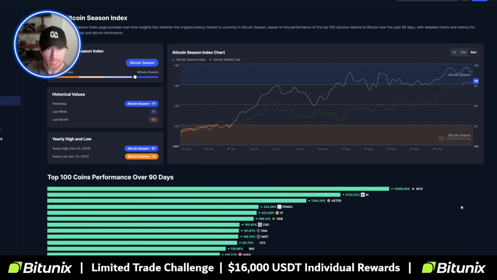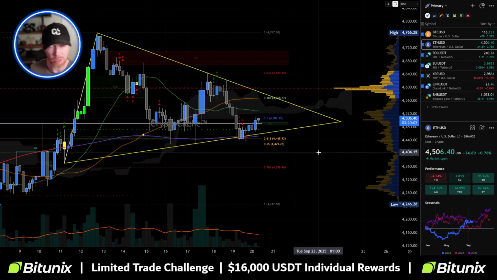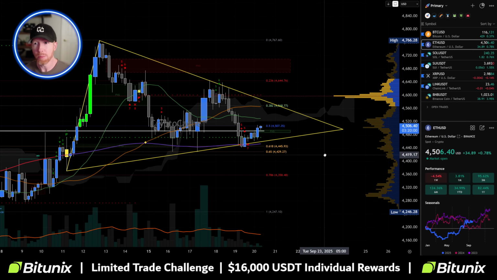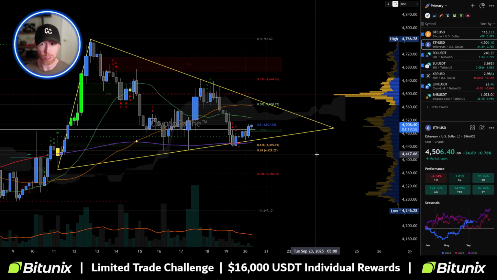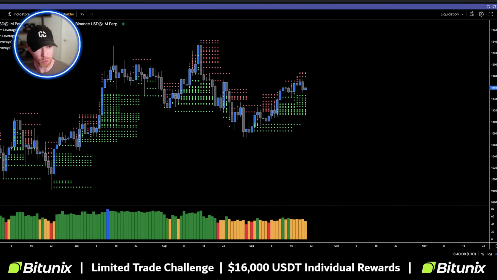But the key takeaway here is that altcoins are looking very strong right now. They're not pulling back as hard as Bitcoin. And when we see fewer liquidations on altcoins versus Bitcoin, that's usually a good sign, right? That's typically implying that Bitcoin dominance is in pretty good shape. So all that being said, the overall sentiment is still pretty good for altcoins. Now let's take a look at the back-end data for Bitcoin first.